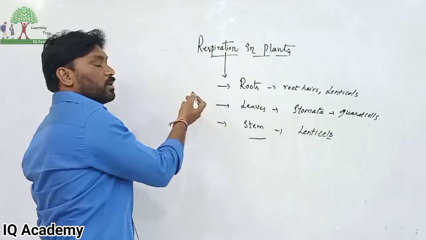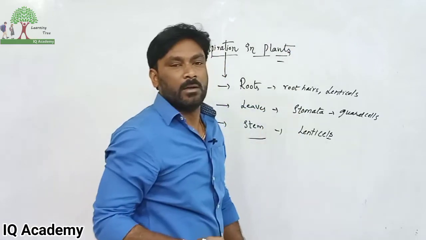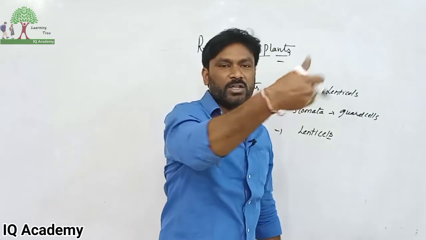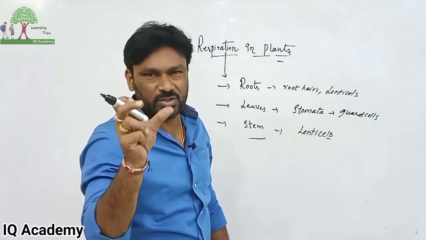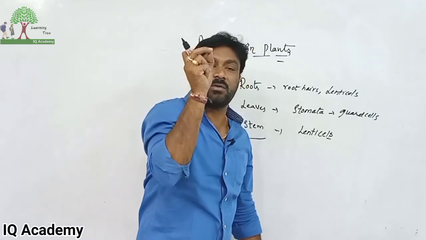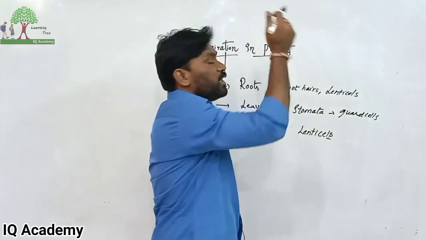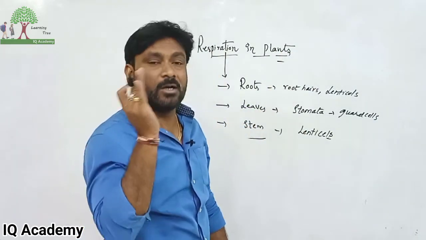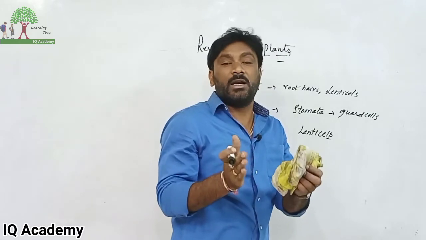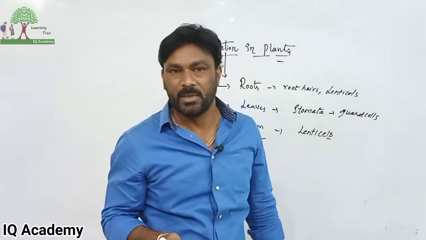When you observe plants during daytime, as sunlight is present, they take in carbon dioxide and release oxygen, which is photosynthesis. And during night time, when the plants do not have sufficient sunlight, respiration takes place in plants. They release carbon dioxide and take in oxygen. So when we go under a tree, we feel warm during night time because of respiration in plants.